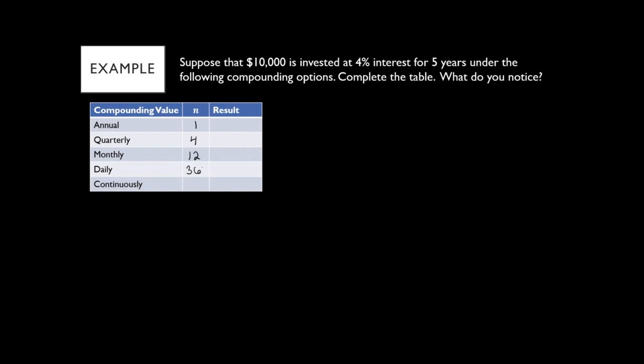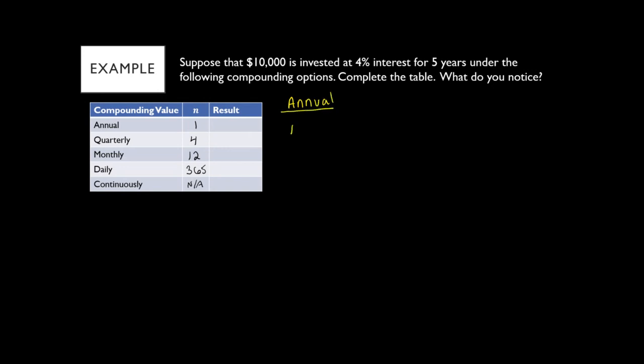Daily is 365, and continuously doesn't actually have an n in the formula, so I'm just going to write not applicable. We'll do the first 2 by hand, and then I'll show you how you can use technology to find the other ones. So let's start